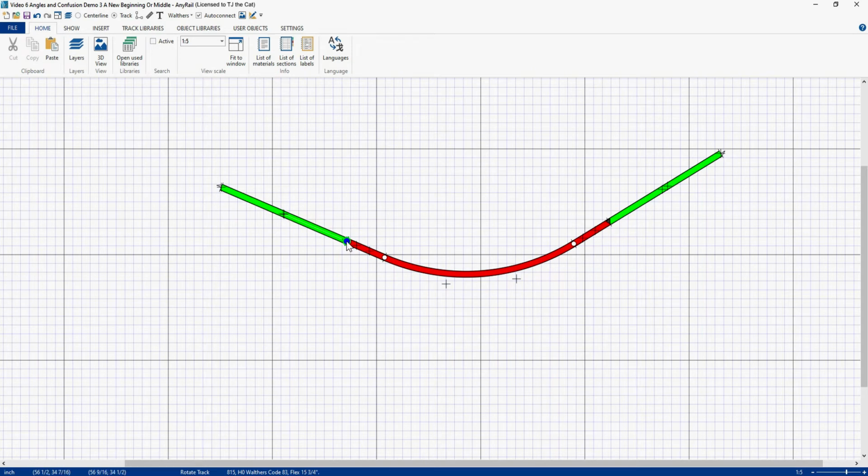Pull him back, pop him on, hover over. That is a straight piece of track. So I got that perfectly aligned between my two angled tracks. Now in my earlier video, I didn't get it precisely aligned because I wasn't using that center line method, and